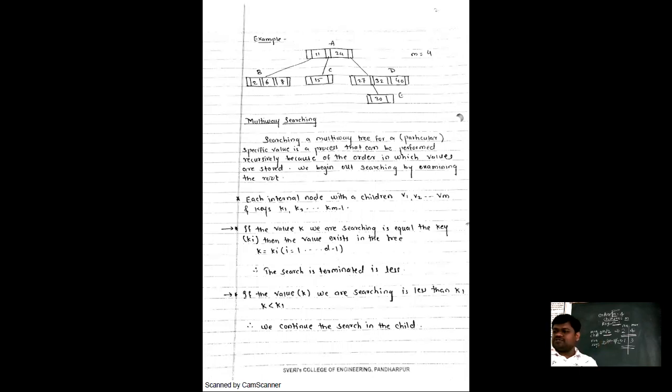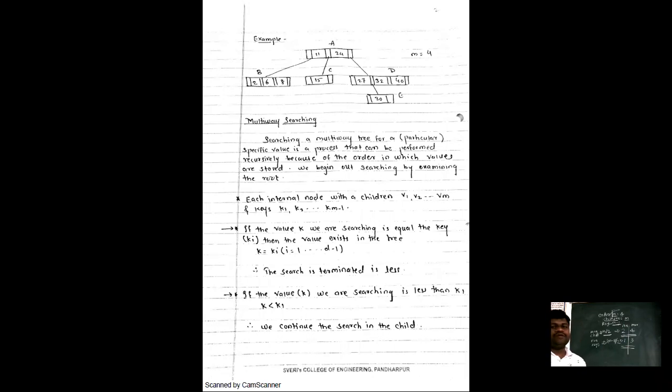You have 5 nodes and you want to draw the tree by using the binary tree concept. The height of the tree is 3. Now by using the multi-way search tree, same nodes, and order is given 4. What is the height? Is it reduced or not? Yes, sir. Height is reduced.